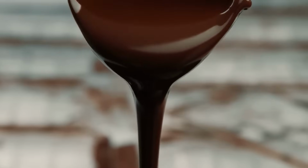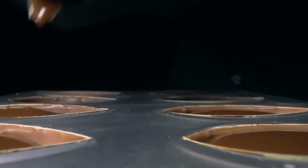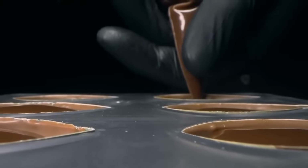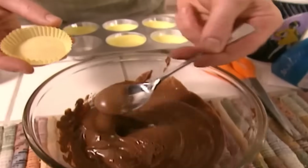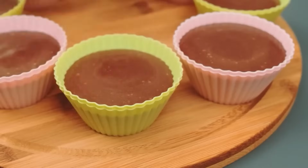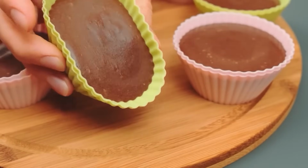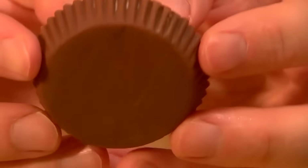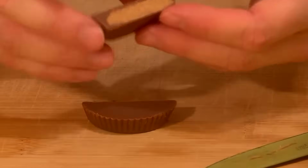The chocolate arrives at the cup production line in a liquid state, held in large tempering tanks kept at a precise temperature, usually around 30 to 32 degrees Celsius for milk chocolate. Tempering is an essential part of chocolate manufacturing and involves heating the chocolate to fully melt its cocoa butter crystals, cooling it to initiate the formation of stable type 5 crystals, then gently reheating it to bring it to working temperature. This process ensures that once the chocolate is set, it has a glossy finish, resists bloom, and has a